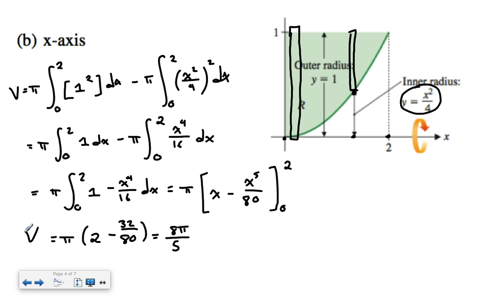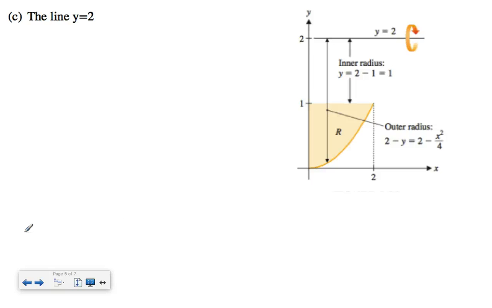Okay. Let's try one more. Part C. So the line y equals 2. And so I need to figure out my inner radius and my outer radius. My axis of revolution is horizontal. I'm still going to use a vertical representative rectangle. So if I draw my representative rectangle here,